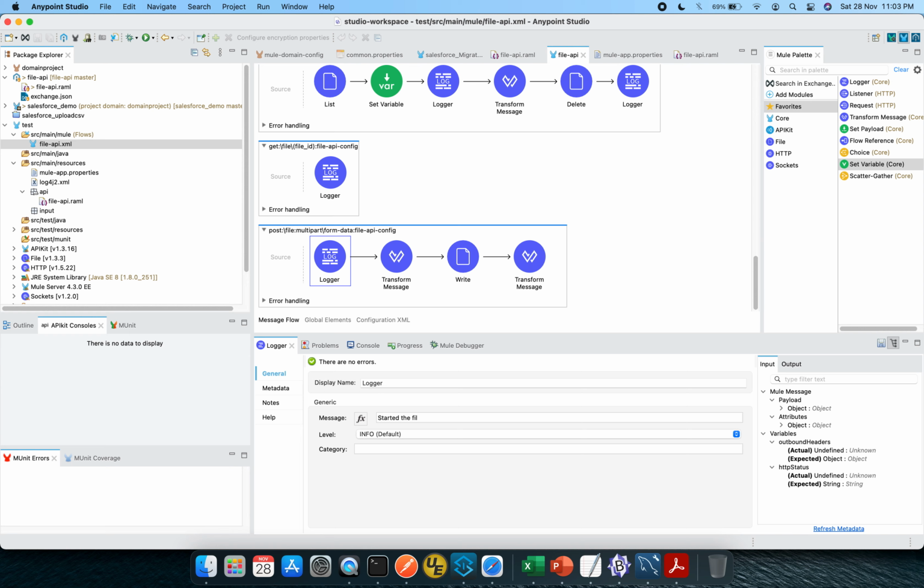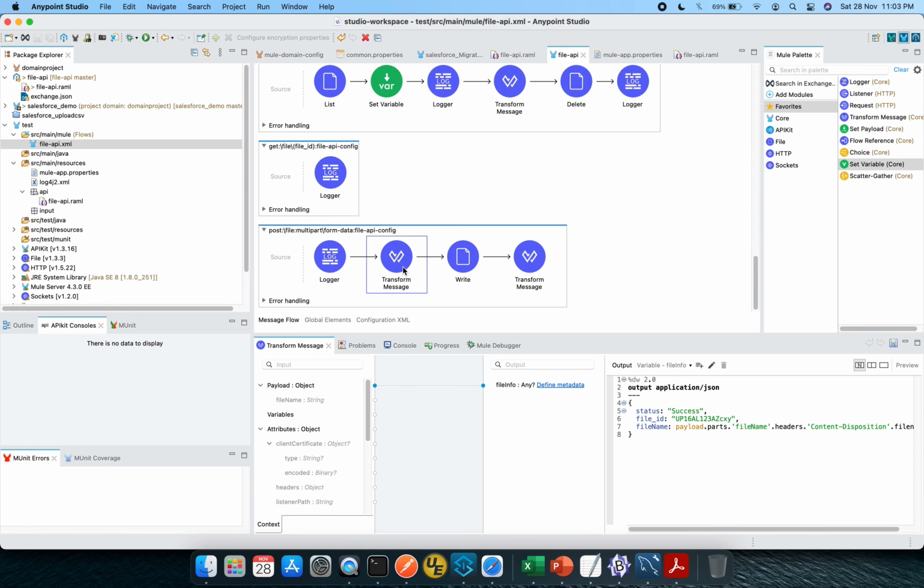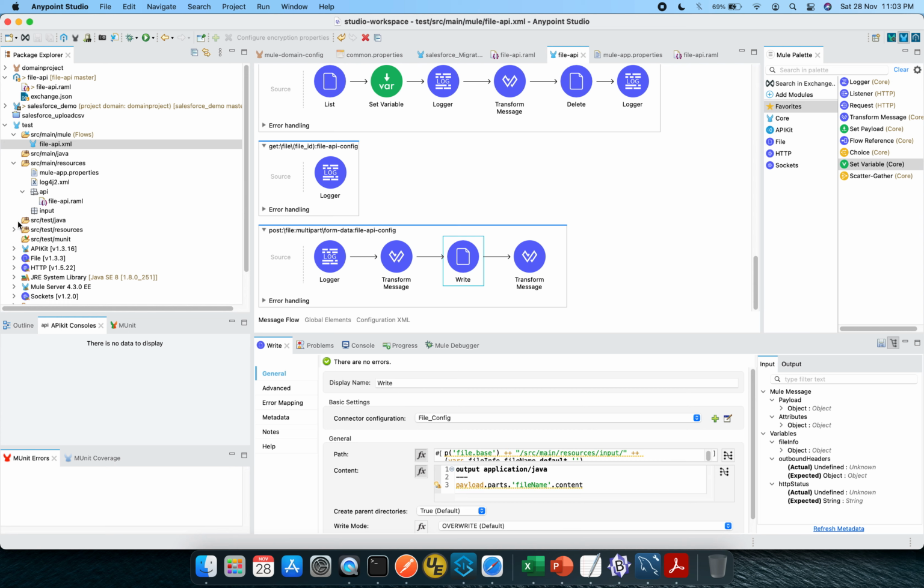started the file upload. After that there is a transform message. This has two hard coded values, and after that this is the value which will give us the file name, which will be written onto a particular location inside this input folder. File base is setting the local file location of my system, somewhere around users, then username, then a particular location.